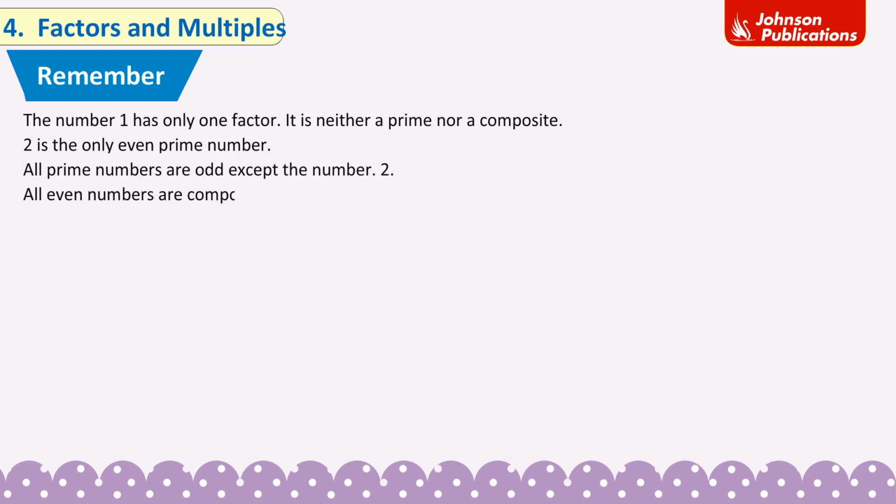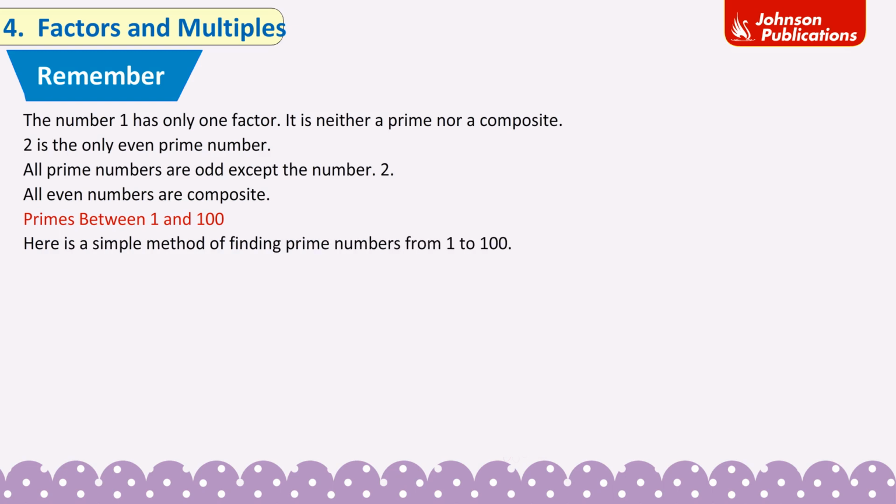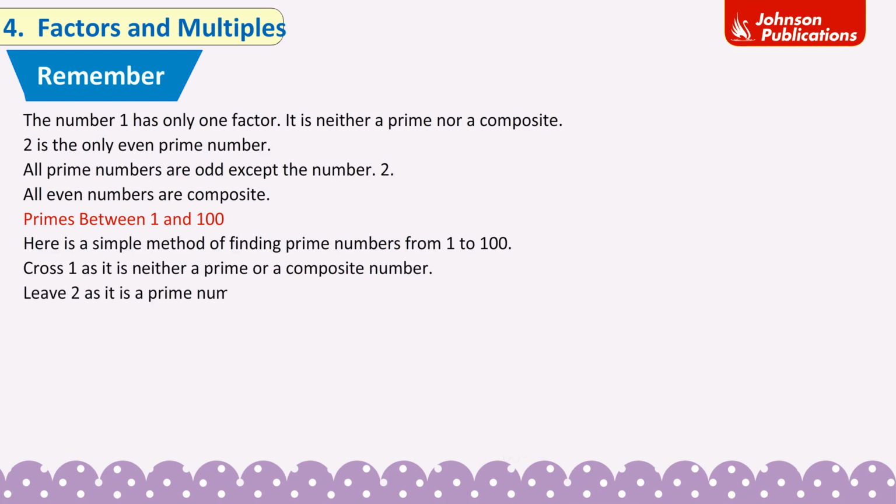All even numbers are composite, primes between 1 and 100. Here is a simple method of finding prime numbers from 1 to 100. Cross 1 as it is neither a prime nor a composite number. Leave 2 as it is a prime number, but cross out all the multiples that come in the table of